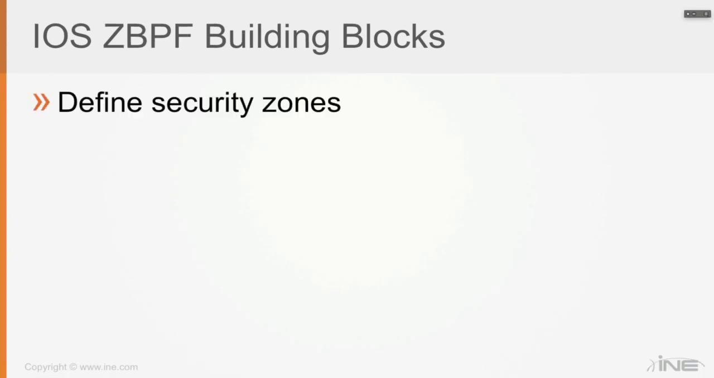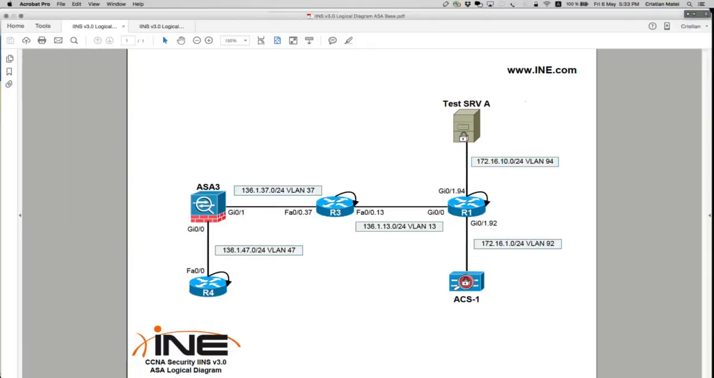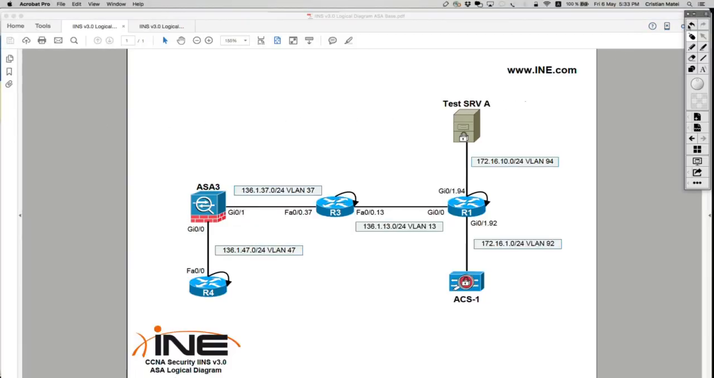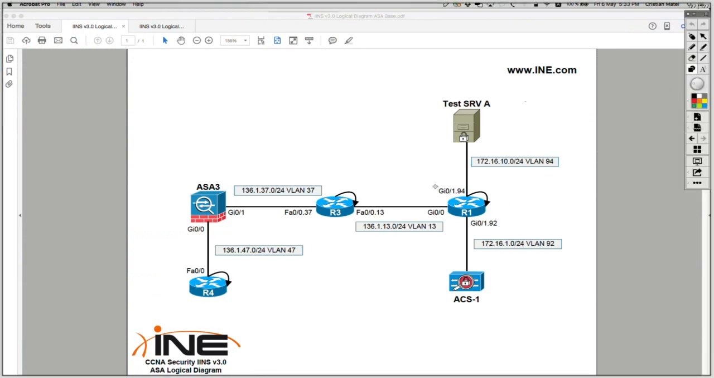So the first step is going to be to define security zones. We're going to see exactly what that means. It's going to be just logical names. So you're going to define some security zones. For example, if you're going to implement a stateful zone-based policy firewall on the IOS, let's assume we're going to implement that on router 1, and assuming that router 1 is a border device,